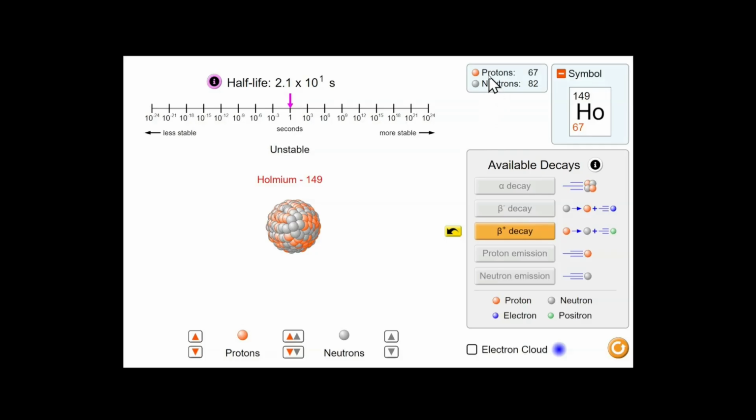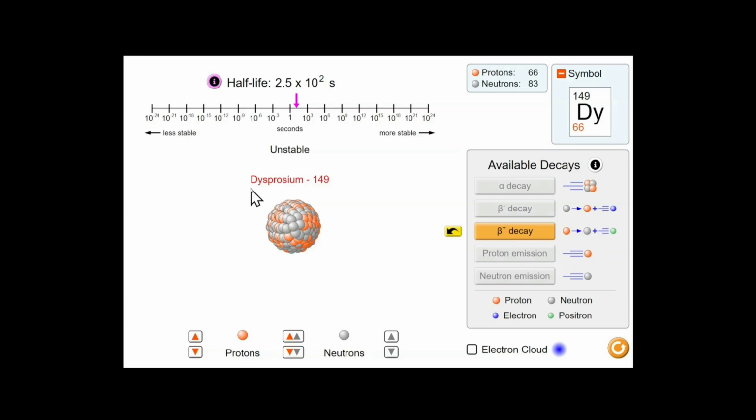It converts a proton into a neutron. Again, there's too many protons and not enough neutrons. And now it is less unstable. It's still unstable, meaning it's radioactive. So it's going to decay again. And if you see this moved across, it spits out the positron. Now there is one less proton. So now it is